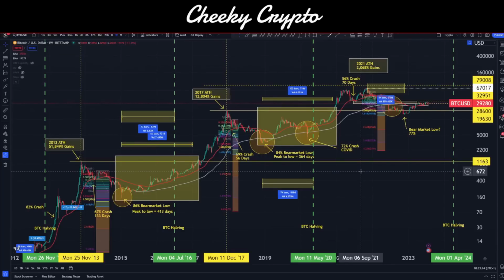Okay, so let's go ahead and take a look at the macro position for Bitcoin. This is a chart that I guess has been around for a while. We've talked about this pretty much since 2022, and there's lots of interesting things in here. I'm going to try to go through these data points and give you my thoughts and